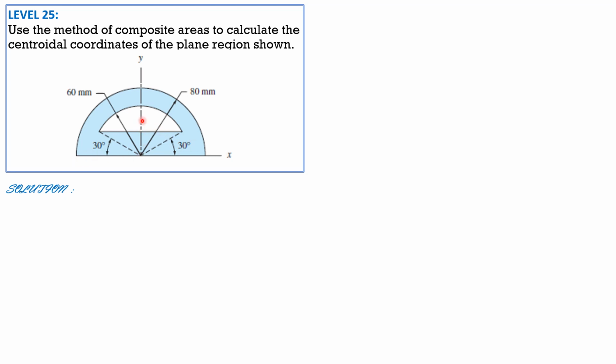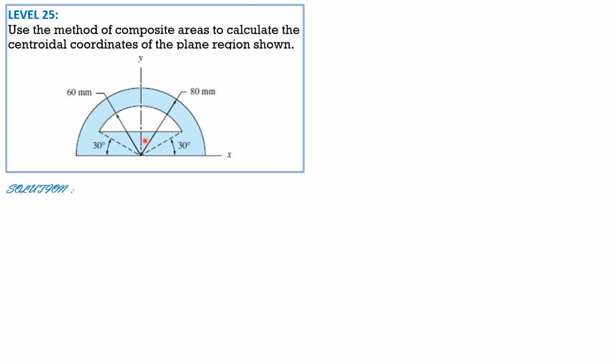Then, having found the area and the location, we consider the entire area of the semicircle less this so that we can locate the centroid,